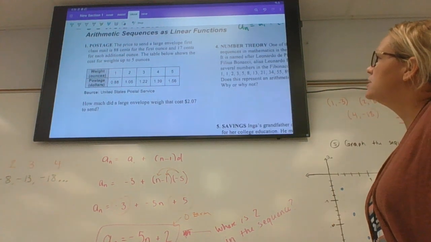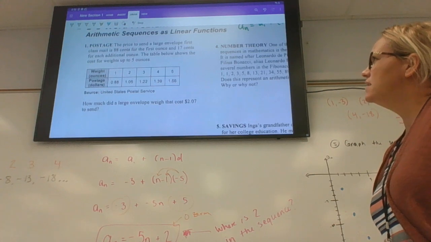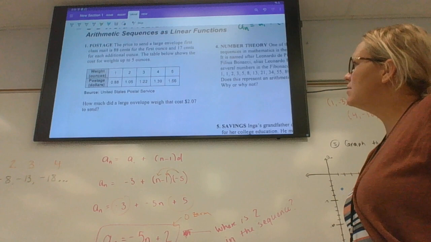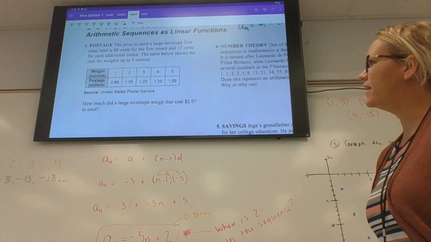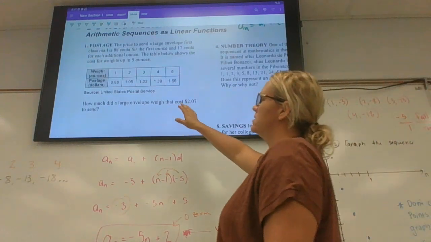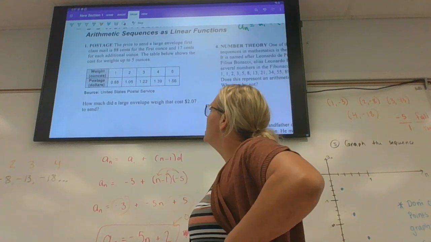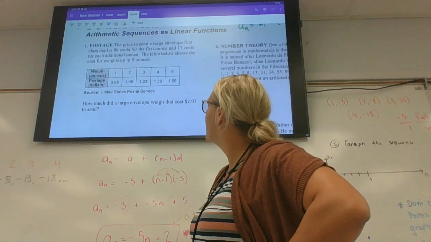The price to send a large envelope first class mail is 88 cents for the first ounce, 77 cents for each additional ounce. The table below shows the cost for weights up to 5 ounces. And they cited this source, so this was real postage costs. How much did a large envelope weigh that cost